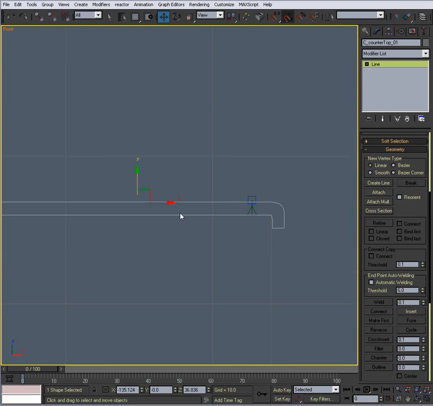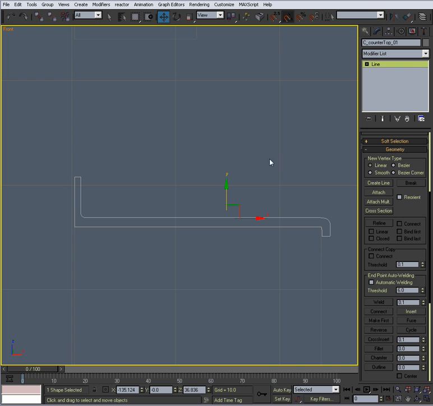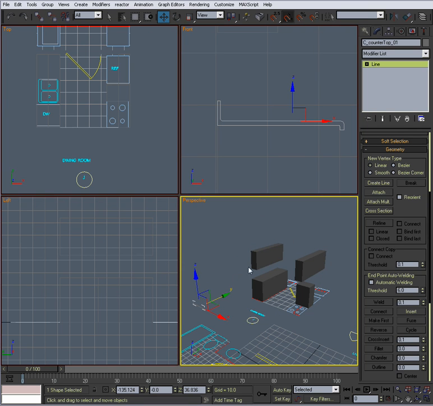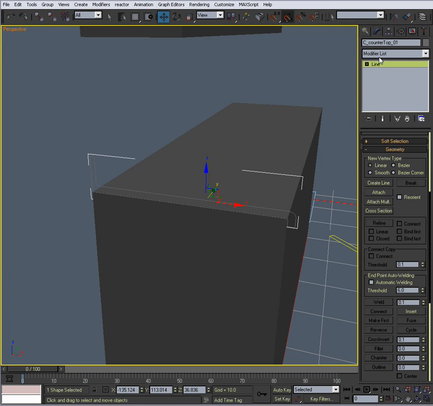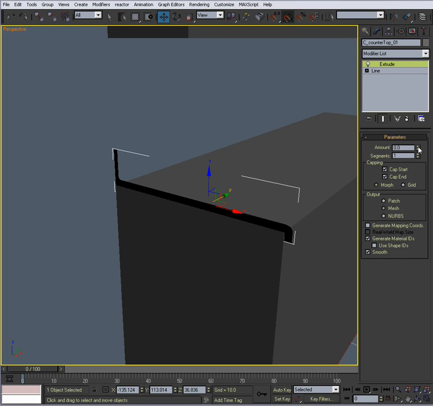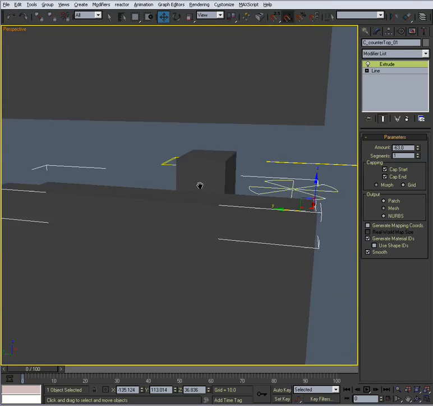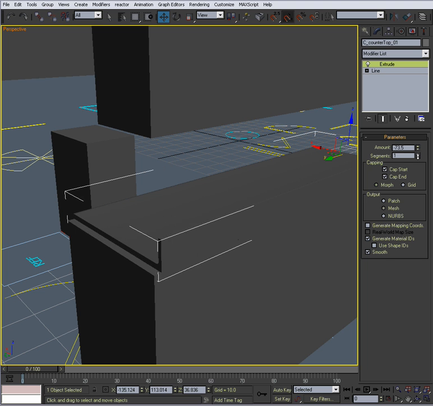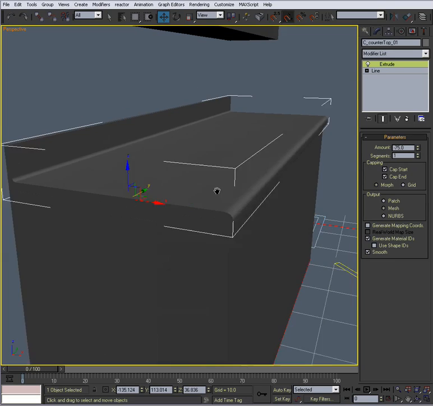Alright, good. I can take these tape measures and delete them. And select this. And let's find it. It's right around here. Let's zoom in on it. Put it in place, about right there. And then we're going to put an extrude modifier on it, like so. And the amount, we're going to go this way, negative. It's about right there. And we can even turn this to an editable poly right now if we want to,